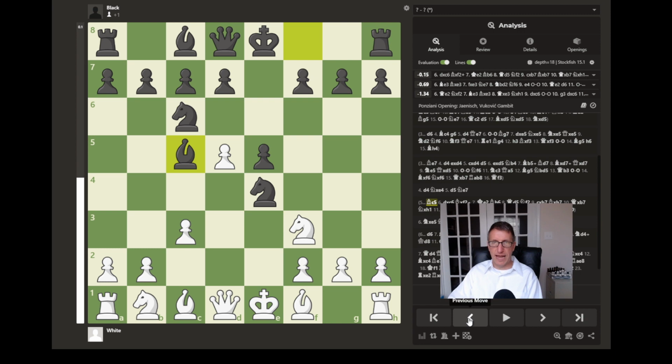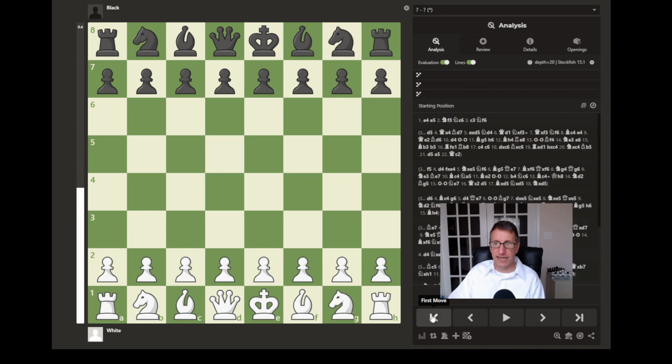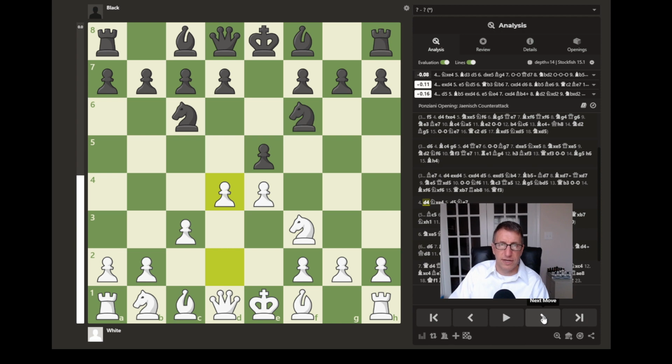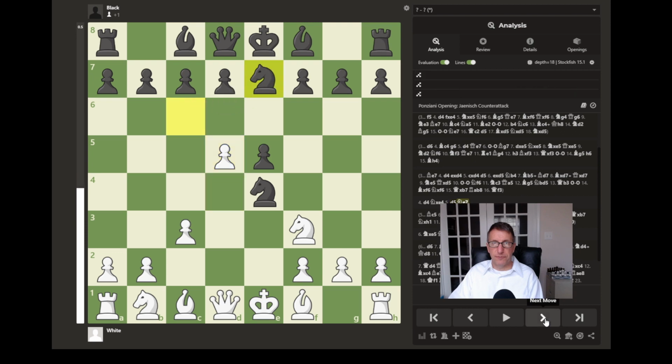And so if I go back, in this variation, when we looked at it earlier, which came about with, I'll go back to the beginning, e4, e5, knight to f3, knight to c6, and then c3, the Ponziani opening, and then knight to f6, and then d4, knight takes e4, the pawn push, and then after a retreat,